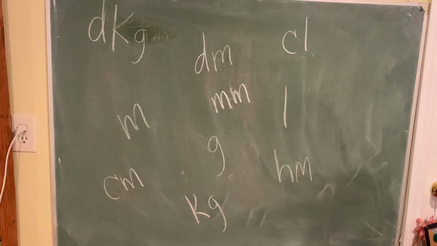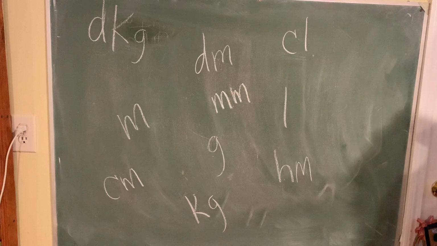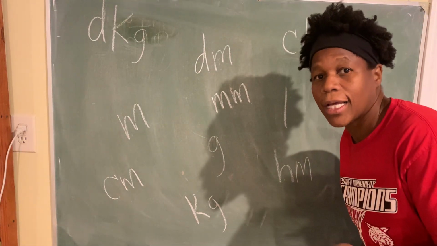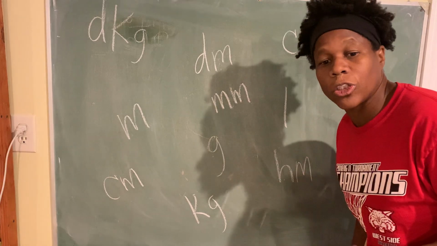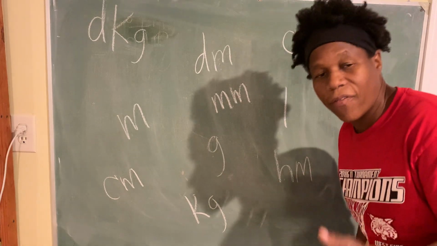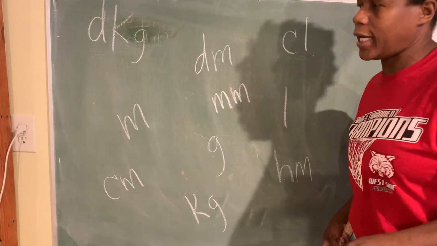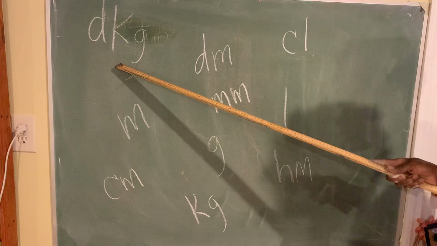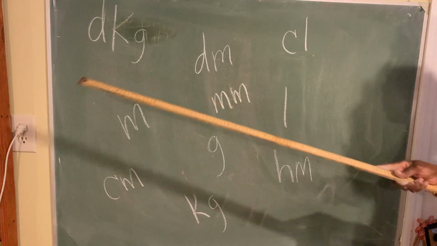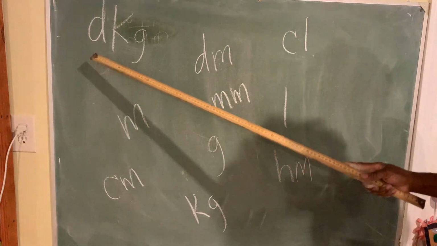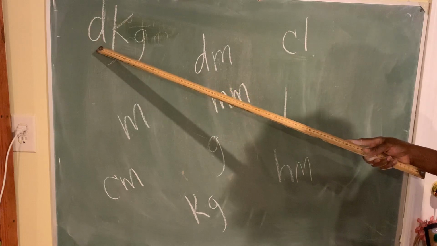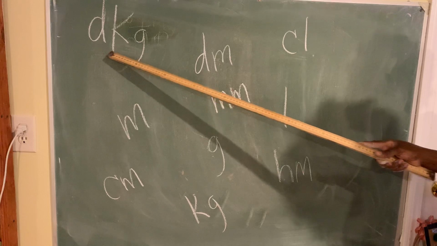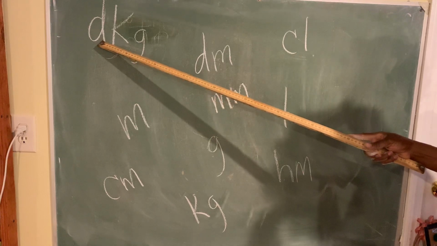Okay, so if you look here, I want you to tell me whether you're going to say prefix and unit, or just prefix. Okay, here we go. What's that one? I can't hear you. Oh, it's being recorded. That's why you can't hear me. Say it again. Okay, that's right. Prefix and unit. This is a prefix. This is unit. Now wait a minute. Is this deca or deci? You should know that's deca because it has a DK next to it.